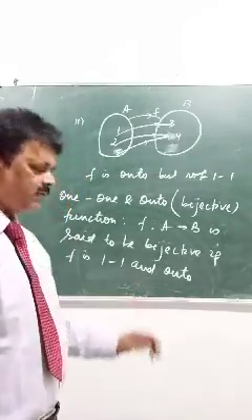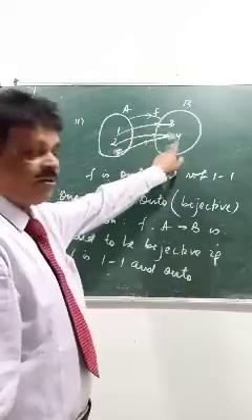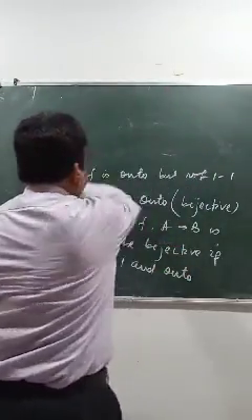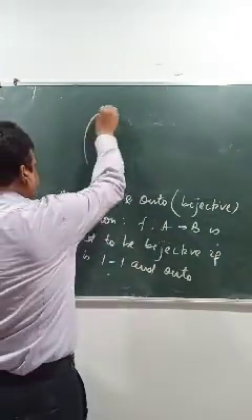So that means what you conclude? 1 will go to 1, nothing will be left out here. So if you take an example,